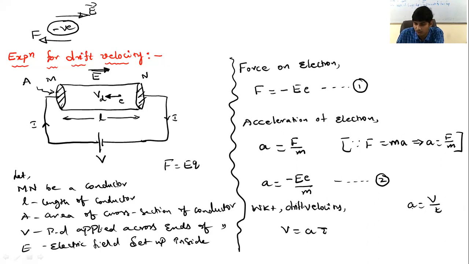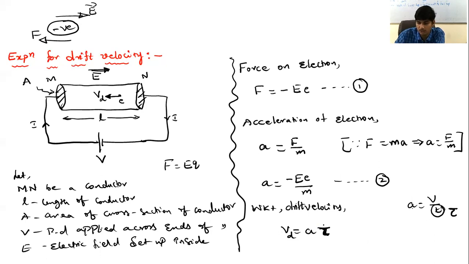Here we want drift velocity. So we'll write drift velocity as Vd is equal to a into t should not be written. Instead, you have to write tau. Tau is called relaxation time. I have told you relaxation time is the time interval between two successive collisions of an electron with a vibrating metal ion. So Vd is equal to a into tau is to be used. This is the time interval for which the electron accelerates. Electron accelerates during a time tau. So Vd is equal to a into tau.